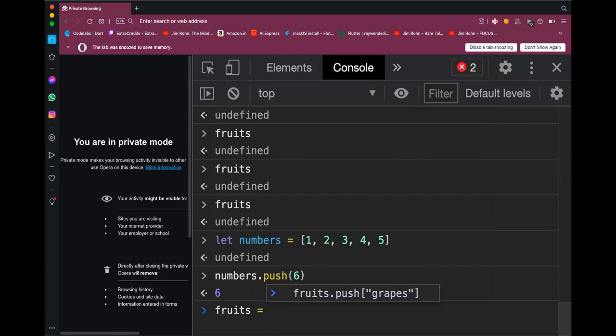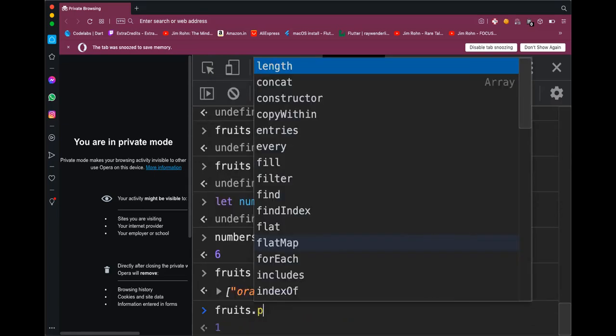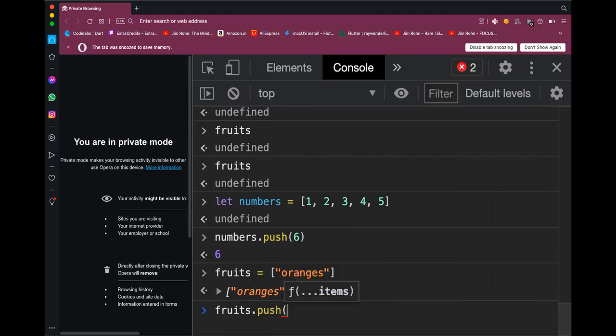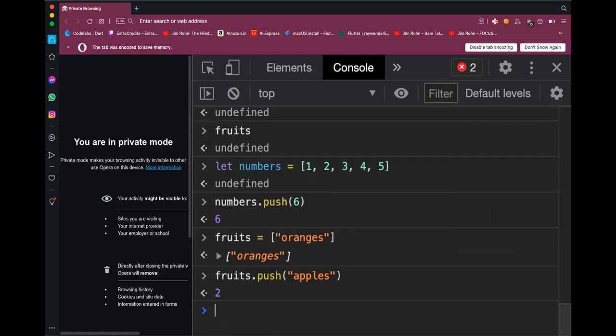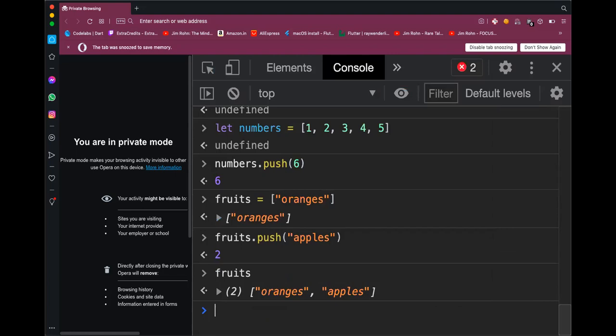I will show you now. So if I do fruits dot push apples, okay, so I can push elements onto an array.